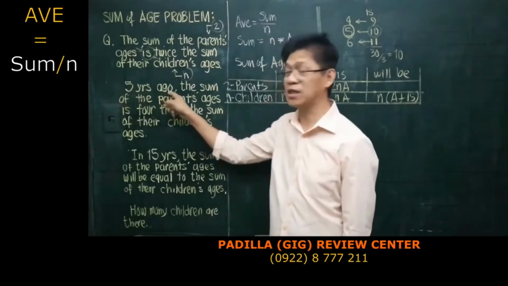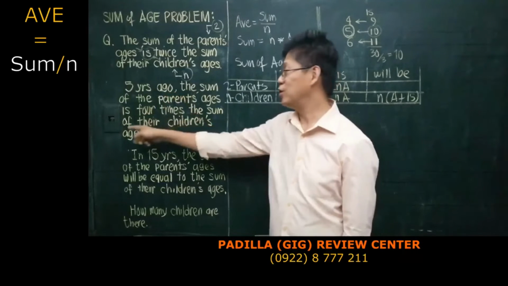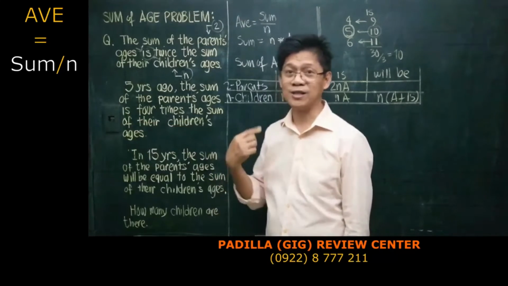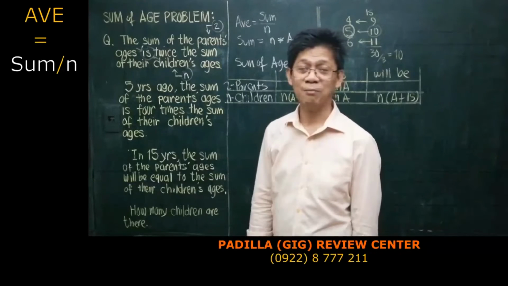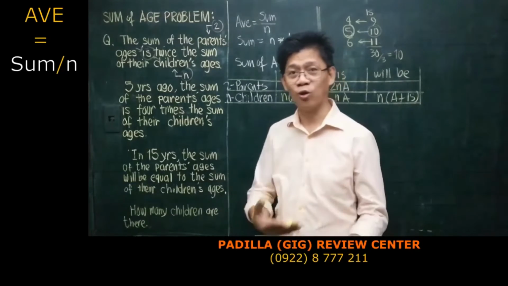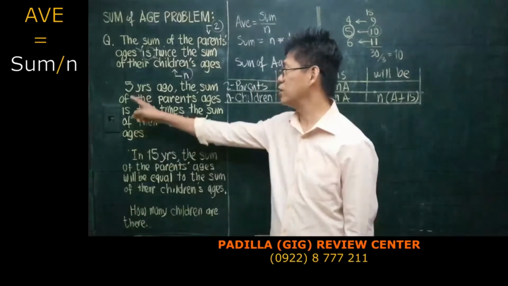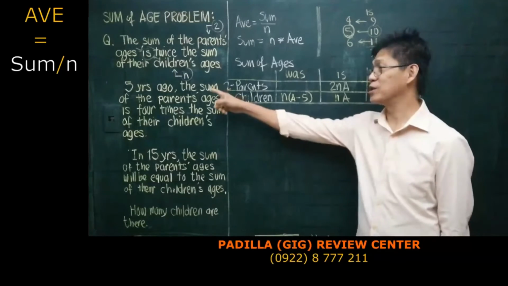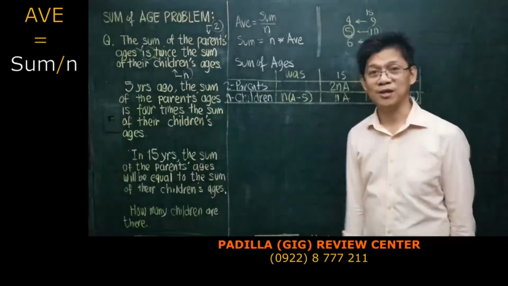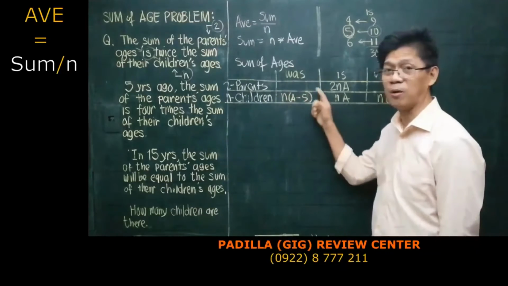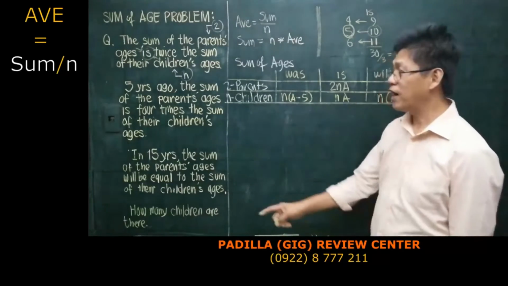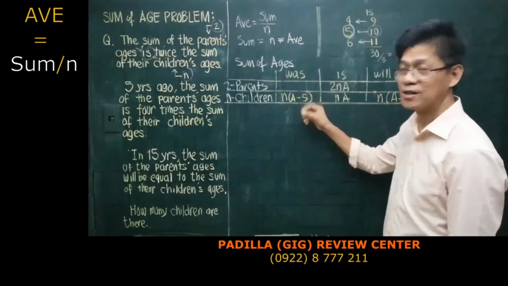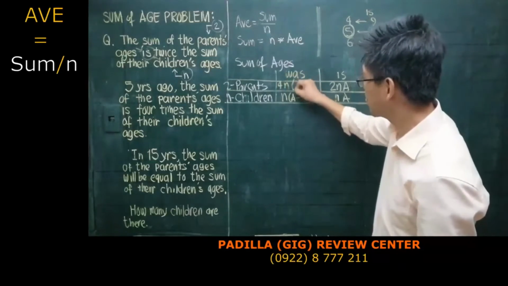But if you begin your sentence with 5 years ago, a time condition, you can use here either was or is. You use is if you are storytelling or reporting. But if you are telling an information or narrating a history, you can use the was. Okay? Now, is or was, you are referring to the sum of parents' ages 5 years ago. So, if this is the sum of children's ages 5 years ago, the sum of parents' ages is 4 times this. So, it is 4 times n, a